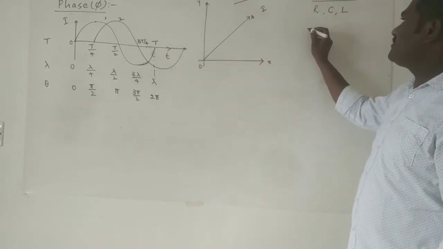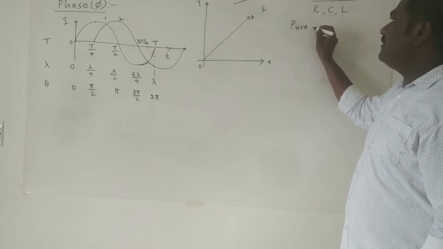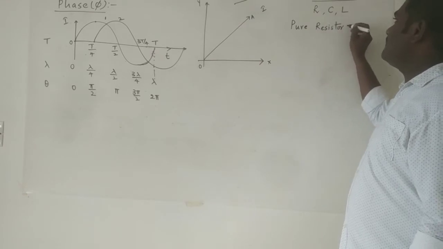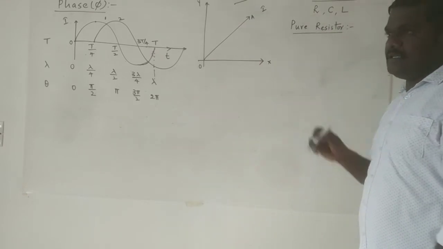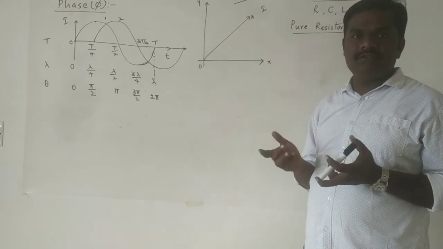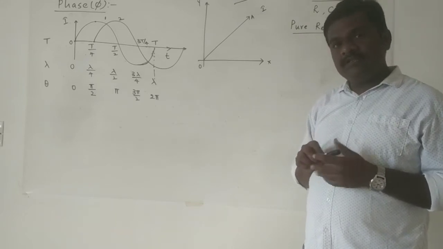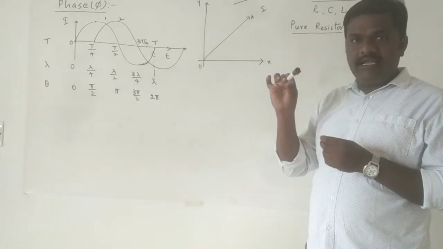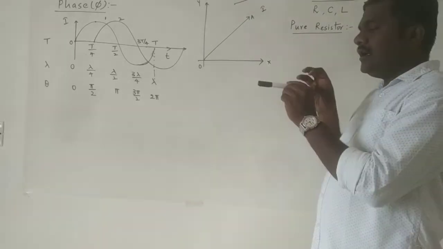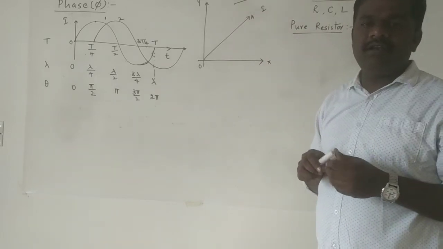So let us start with the first, the pure resistor. See here, I will mention the word pure resistor. Resistor and pure resistor have a small difference. You know, a resistor is a device which offers opposition against the flow of charges. But generally, if you take a single wire and allow some current to pass through it, apart from the obstruction, it will produce some induction effects. What are induction effects?